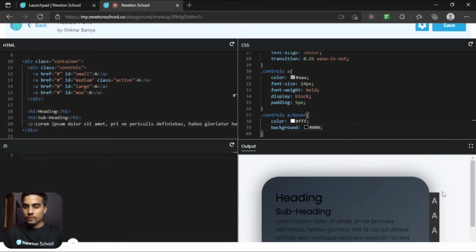So as you can see, when I'm hovering over the button or the anchor tag, we get to see this effect. The background is changing to black and the font color is changing to white. I want it to have a transition property. Let's say 0.25 second ease in and out.